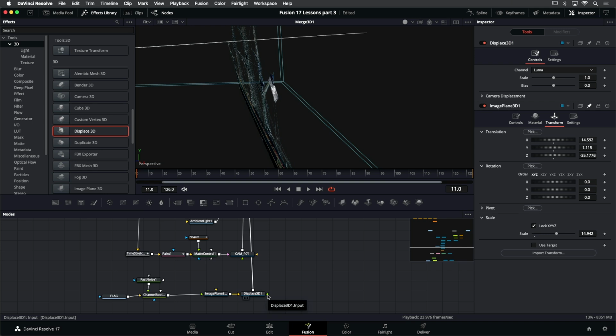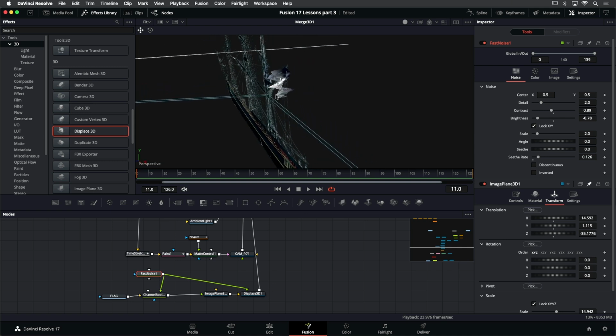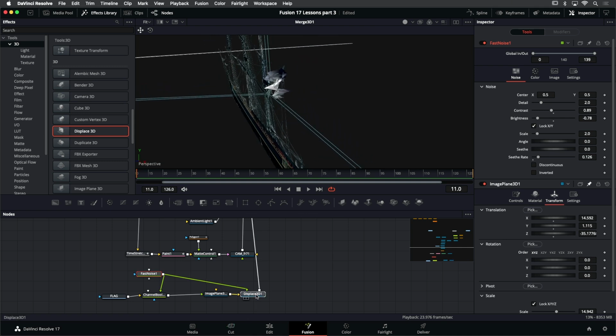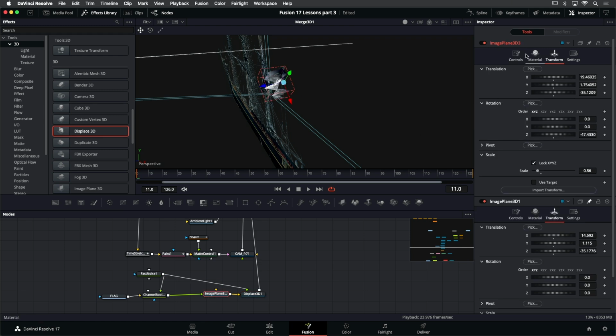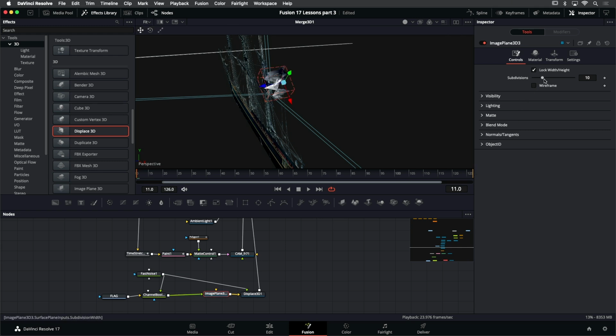And I'm going to actually connect my input to the fast noise. And so this fast noise texture will actually displace this geometry in depth. So let me do that. You can see right now it's very spiky. We don't want it that spiky. What we can do is go to the image plane here, Controls tab, and let me unpin that other image plane. And I can increase the subdivisions, and that's going to really smooth out